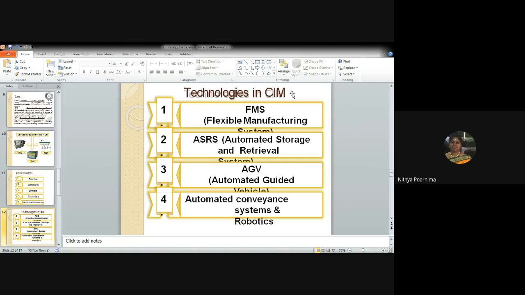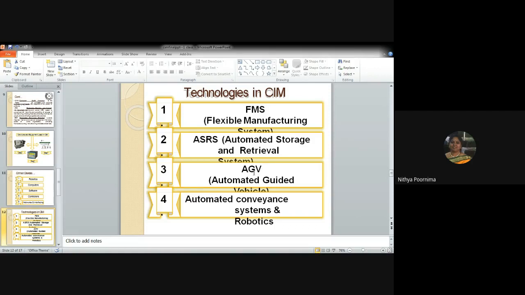The technology in SIM, you have flexible manufacturing system, you have automated storage and retrieval system. Automated storage is how much capacity is there, how much can be retrieved, where is it exactly located. If you go to your library, you call for a book, it says this book is in this cabin, or this cubicle, right? Same job this automated storage and retrieval system does. In each bin card, how many screws are there, how many nuts are there, all those details this automated storage and retrieval system will give.